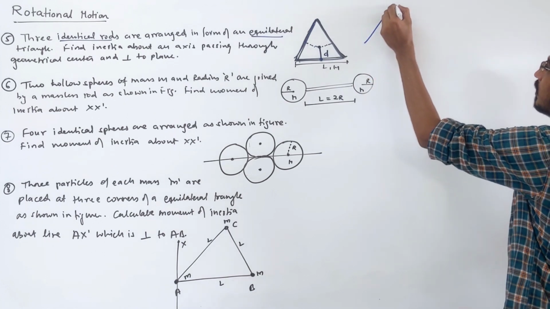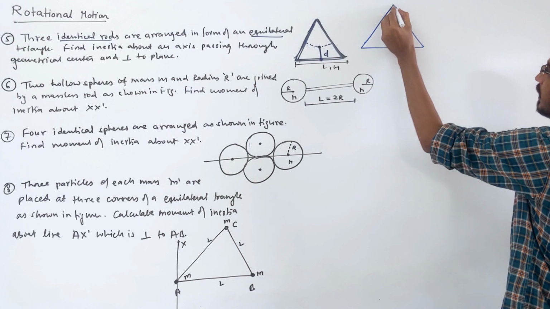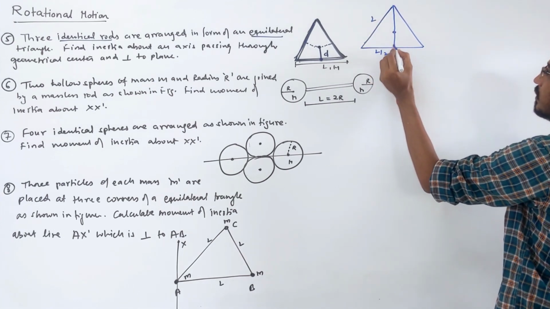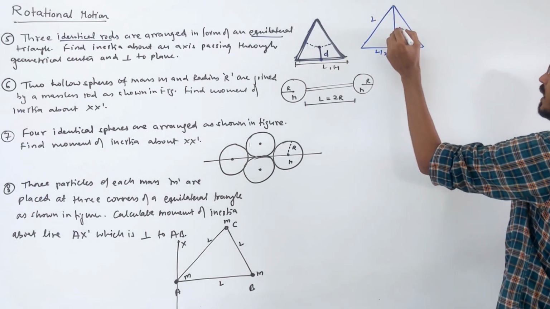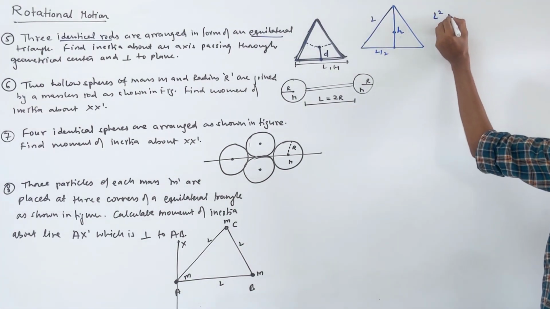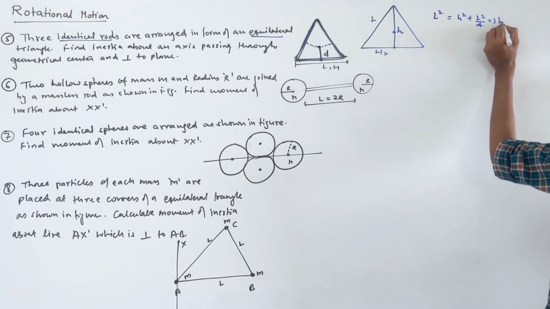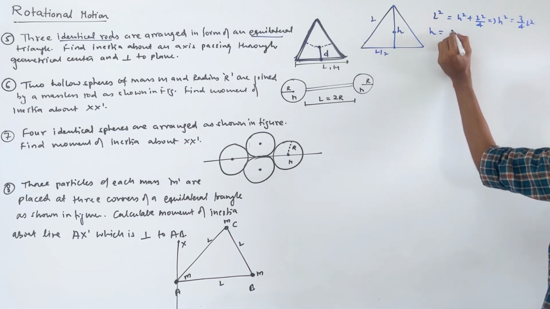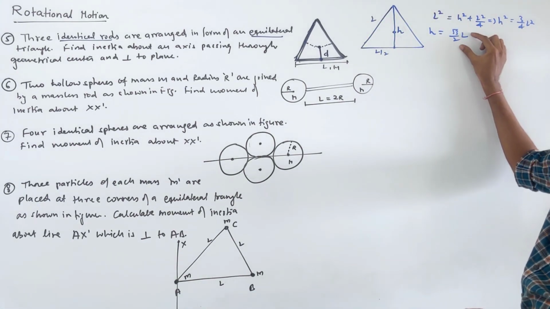You have a triangle and you want to find the centroid distance, so how will you find it? Okay, this distance you want to find. First you find that distance. This side we call L, that becomes L by 2, and the total height we call, suppose, H. Okay. So we write the Pythagoras theorem: L square is equal to H square plus L square by 4. From here you see that H square becomes 3 by 4 of L square, or H is simply root 3 by 2 of L. The total height is this much: root 3 by 2 of L.